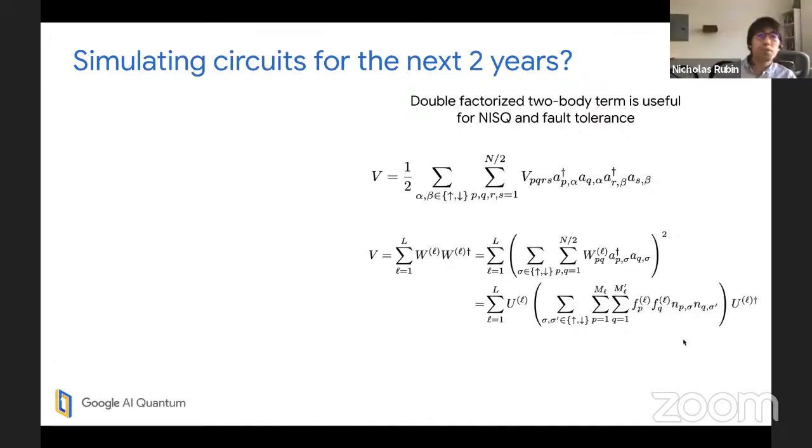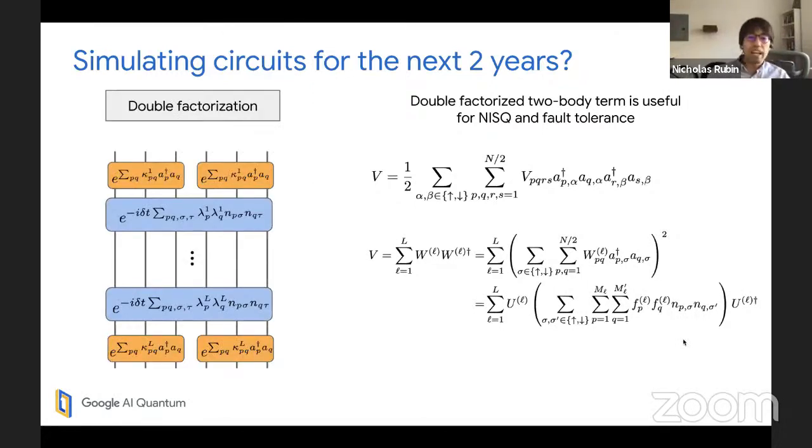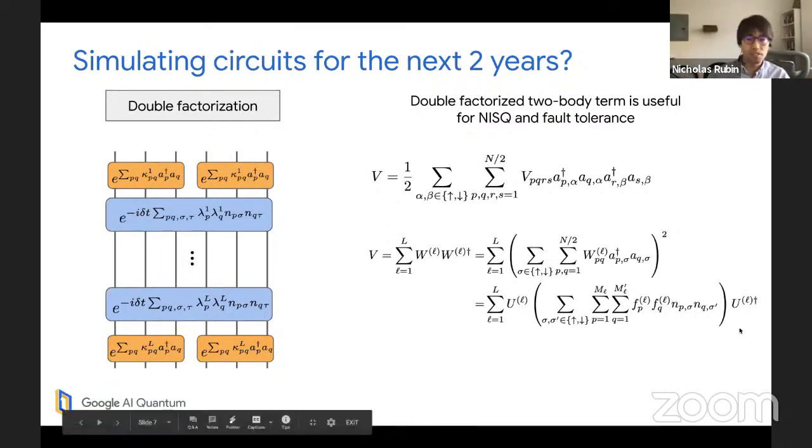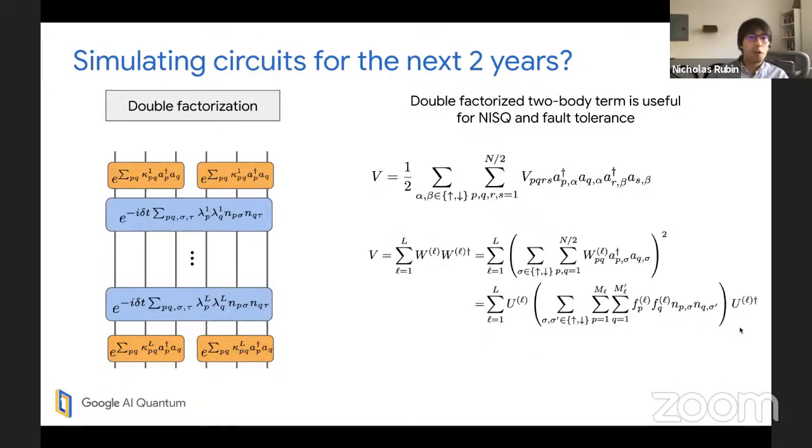So why have I explained this to you? Well, if you try to implement dynamics from this particular decomposition, what you get is a sequence of basis rotations followed by charge-charge type evolution. And you just keep doing this for all L of these factors here. So like I said, this is our best known compilation strategy for Trotter steps of a generic Hamiltonian with 2-body interactions, with no other structure other than maybe the rank of the operator. And you can also do this for unitary coupled cluster. It's a pretty attractive thing to do, at least when you're not thinking about